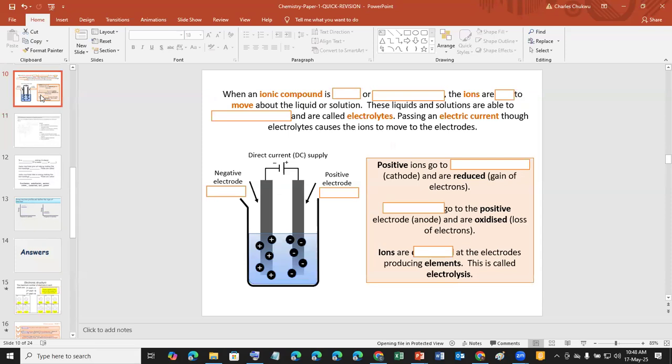Reduction is a gain of electrons, while a loss of electrons is oxidation. Okay, so there's a way I usually remember